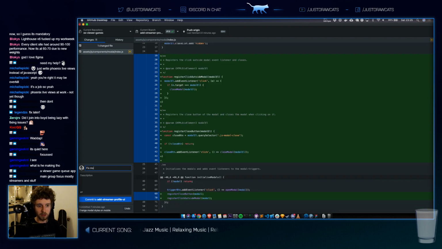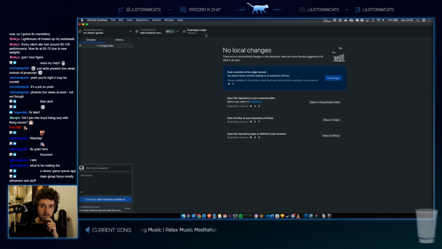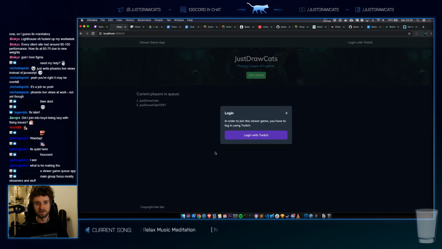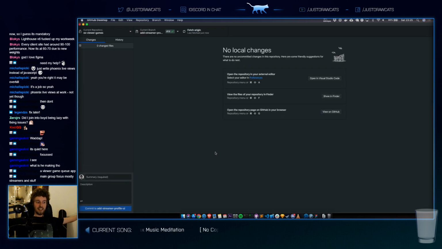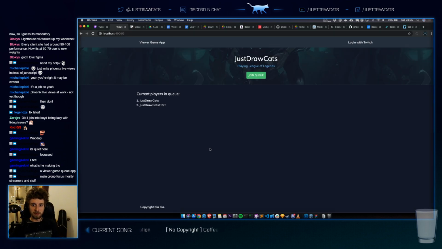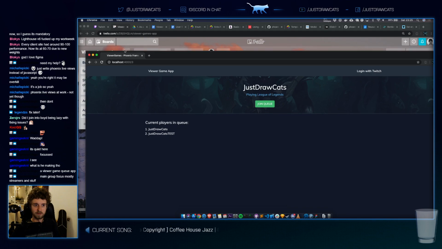Fix modal memory leak and add click outside. Okay, very hacky stuff. Not testable code at all. Not super great. Not happy. Makes me an unhappy void. We need to add tests for this. But we made progress.